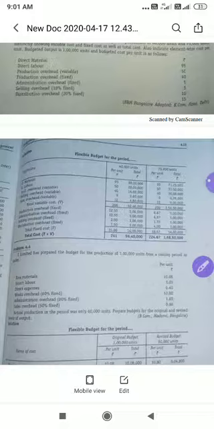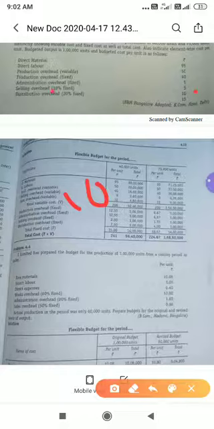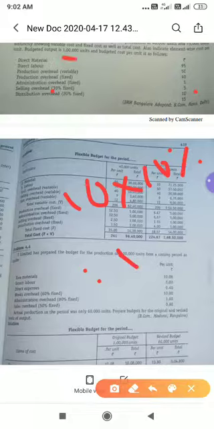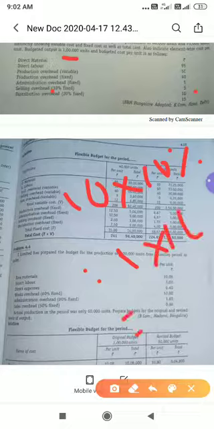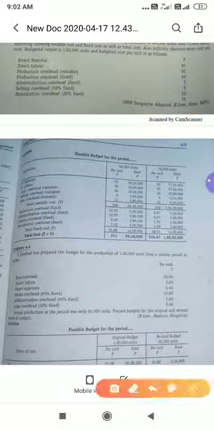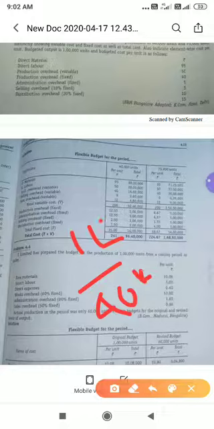Now look here. Out of selling overhead, the total overhead is how much? 10 rupees. Out of that, 10% is fixed. 10 into 10%, how much will you get? 1 rupee. 1 rupee is fixed for how many units? 1 lakh units. So 1 into 1 lakh, how much will we get? 1 lakh. That is what they have written here, 1 lakh, 1 lakh, selling overheads fixed cost. Total fixed cost will always remain the same, but fixed cost per unit will change. Look here, 1 lakh divided by 40,000, how much will we get? 2.50. And 1 lakh divided by 75,000, we will get 1.33.